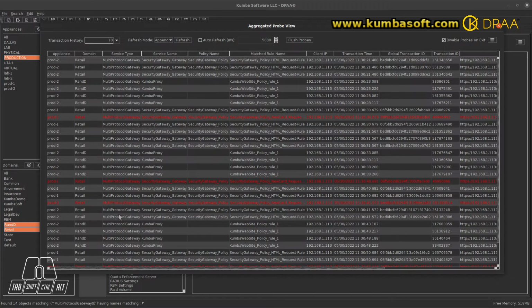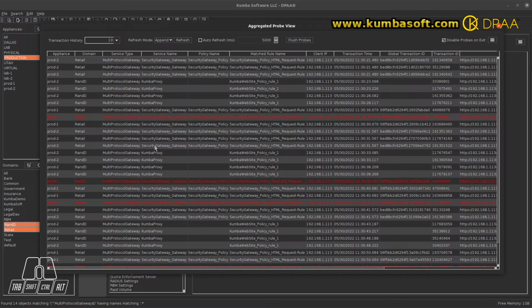That's similar to what you would see in the DataPower appliance itself. Now, you might notice that, hey, that was a little slow. Why did it take so long? Well, it's not because of the frequency of the number of transactions that are showing up in the appliances. It's because we're pulling service information and probe information from multiple domains, multiple appliances, and multiple services all at once. It's as if you opened up 4 or 5 different windows, and even this simple example, you would have to have 6 windows open because of 2 appliances, 3 services, and 2 domains. You would have to have 6 windows open, and you have to go refresh to get the probes to show